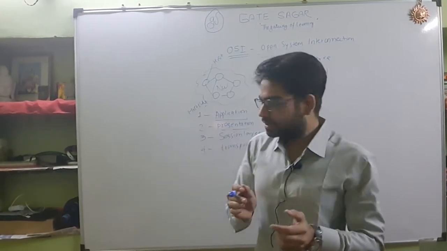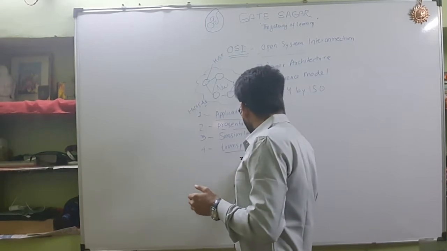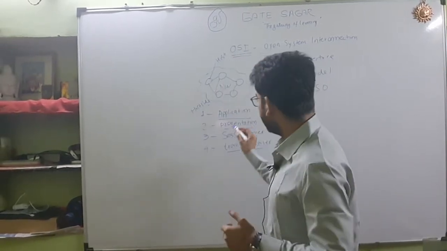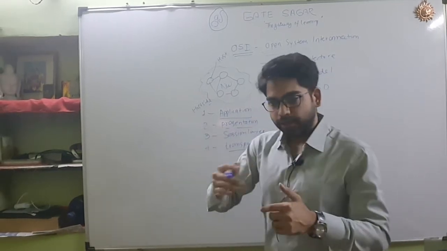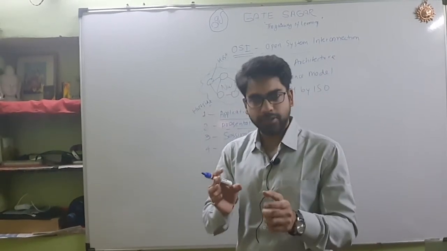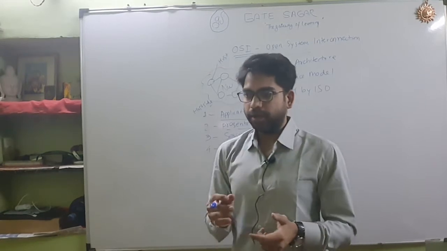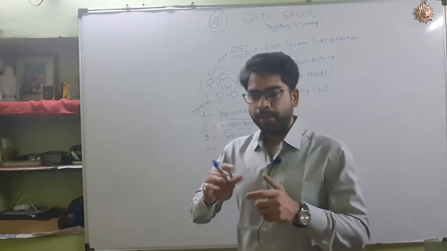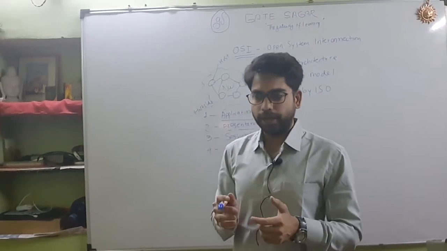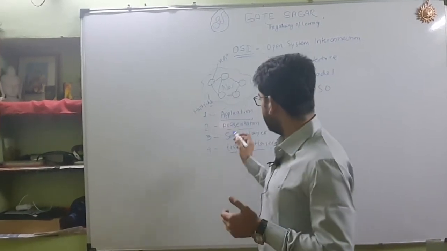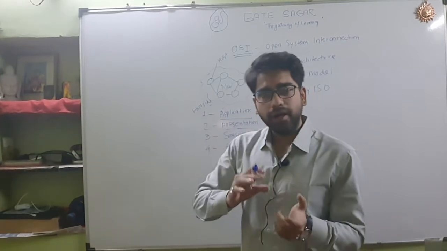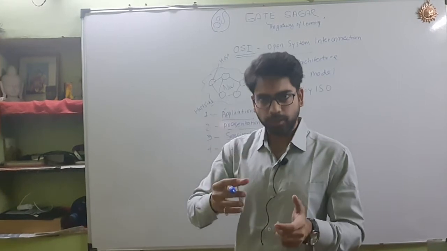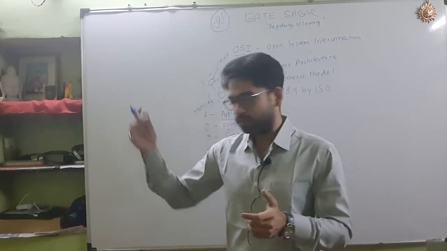This layer provides the function of process to process communication, means one application is running in your system, in your networking device, it could be a word processor or a client like a web browser. So these processes are communicating with each other. While your process wants to communicate to another process